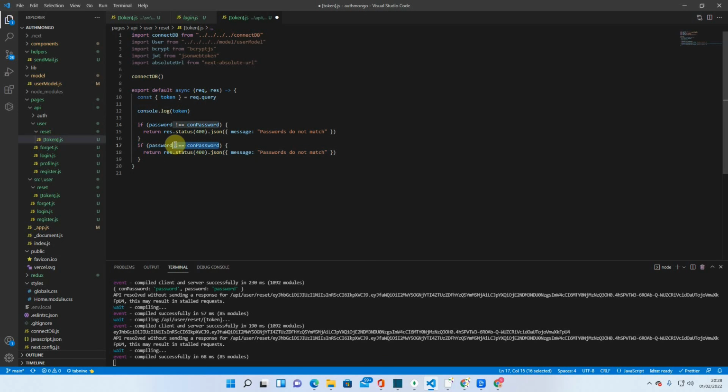Password.length is less than 6, then return res.status 400, password needs to be at least 6 characters. And then if we get past those validation checks, what we want to do is check